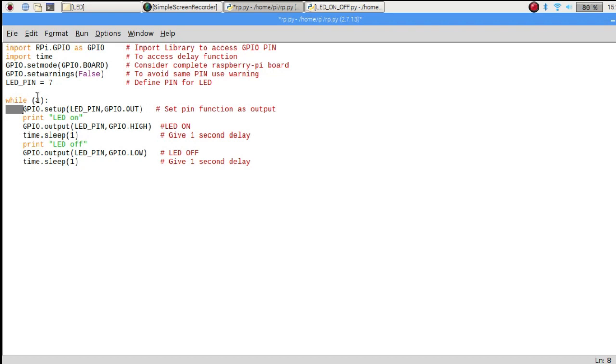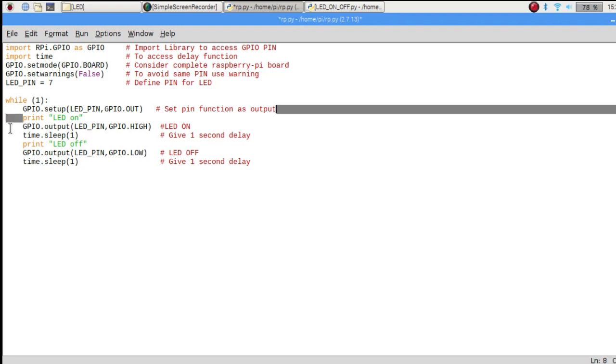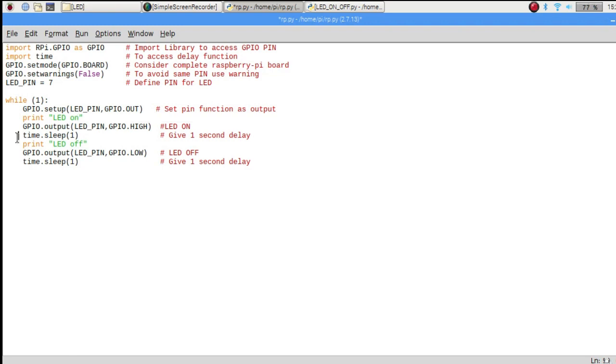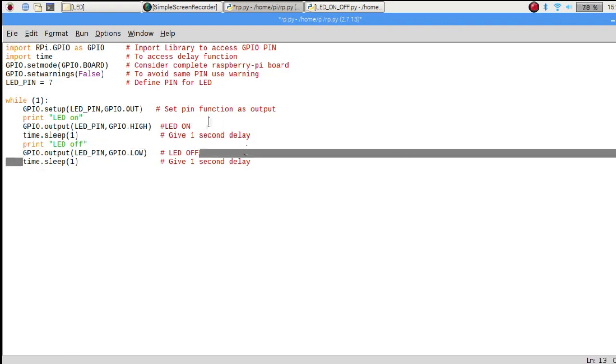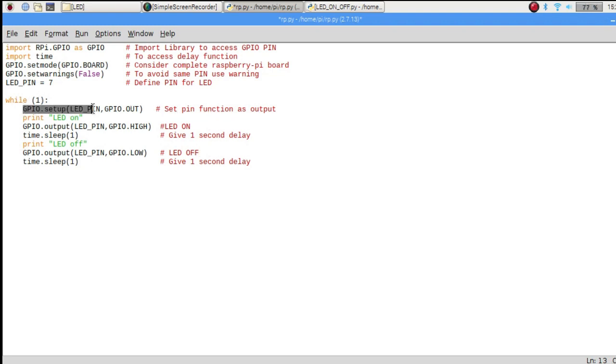So whatever you want to write inside the while loop, you must give the one tab. So I have given a tab before each and every line that I want to declare inside the while loop. After that, I have declared GPIO.setup LED pin as the output.